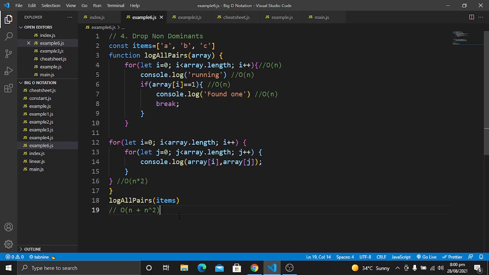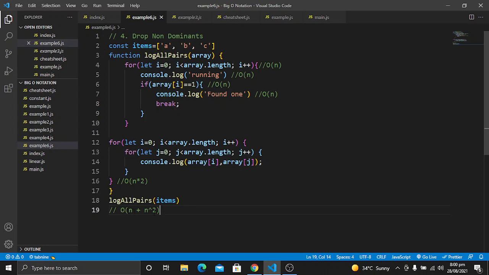So how can we calculate it? Now you have to apply this rule, which states drop the non-dominants. It means that we have to drop the non-dominant term here. Which is the non-dominant term? The non-dominant term is this n.